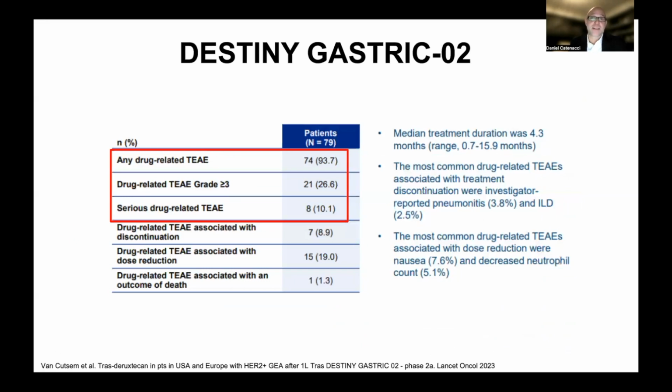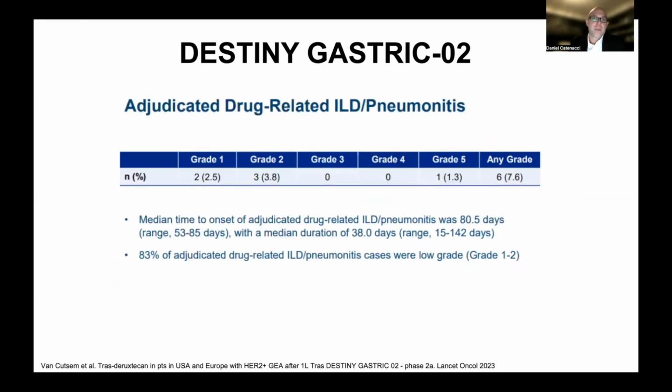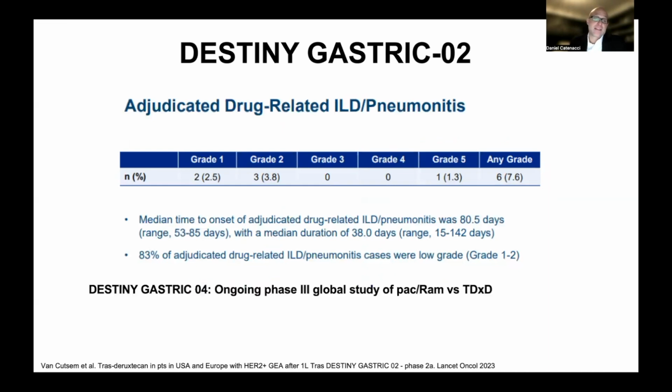We also saw in the follow-up study, Destiny Gastric 2, relatively high rates of side effects, very similar to what one would experience with chemotherapy. And again, there was the pneumonitis or interstitial lung disease, ILD, that was really specific to T-DXd as a side effect. We talked about that because of this, in the second line setting where paclitaxel and ramucirumab or FOLFIRI and ramucirumab are standard options that don't cause the same pneumonitis versus T-DXd, although there is some evidence that using it in second line from the Destiny Gastric 2 study can be useful, this balancing act of minimizing side effects,